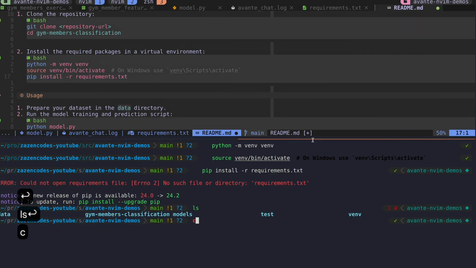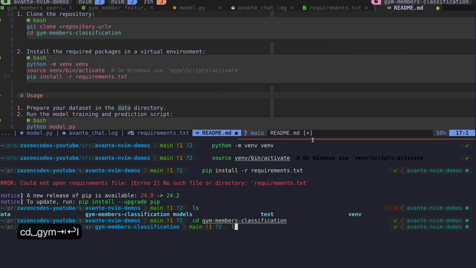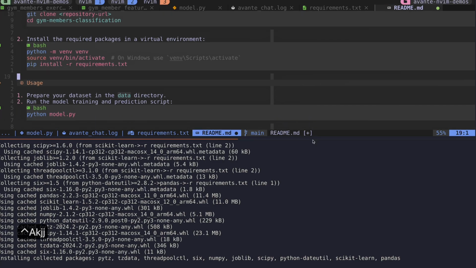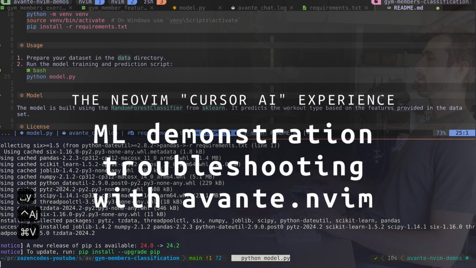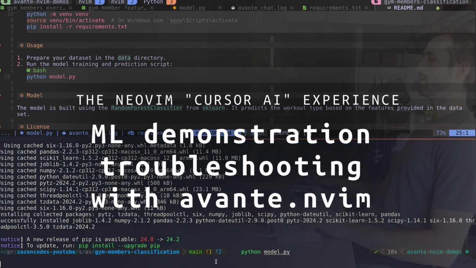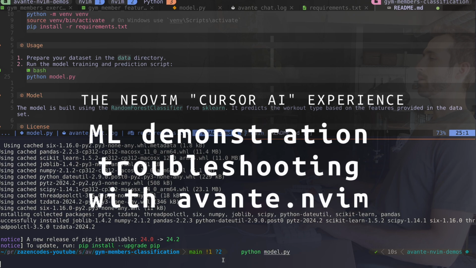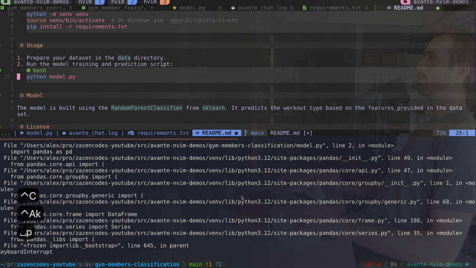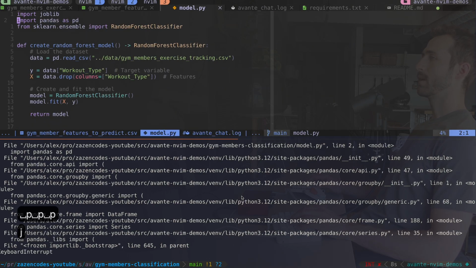Now they're not in here. I've got to go into this gym members classification. That's where I'll have my requirements. So let's install those. So now let's go ahead and run the model. I can't really tell what it's doing. What I want to do is add a little bit of logging. So I'm going to interrupt that, and let's go back to our model, and I'm going to add this logging